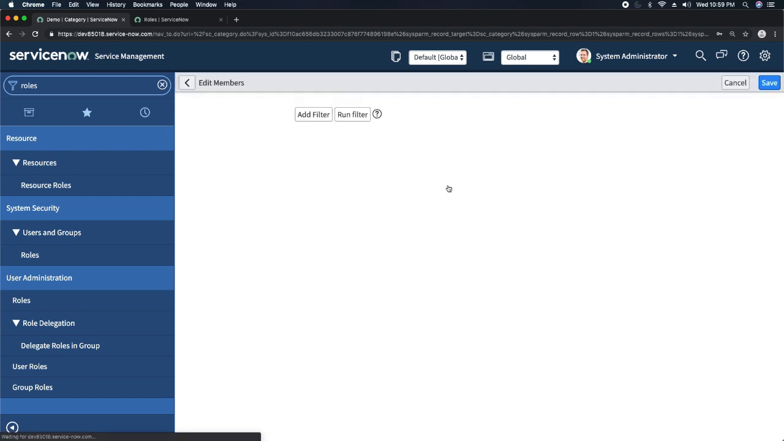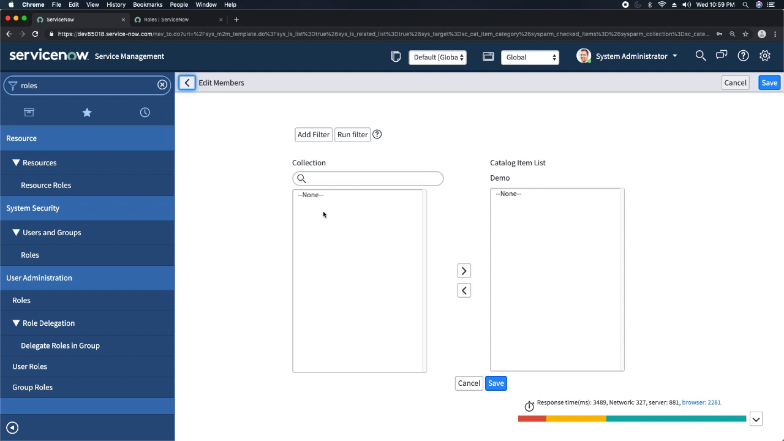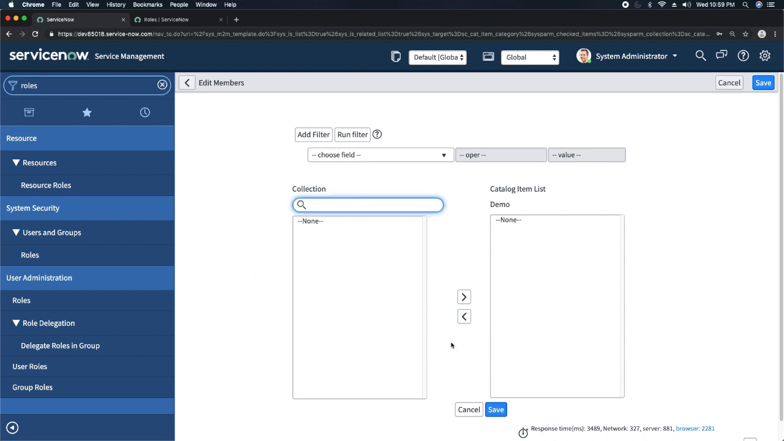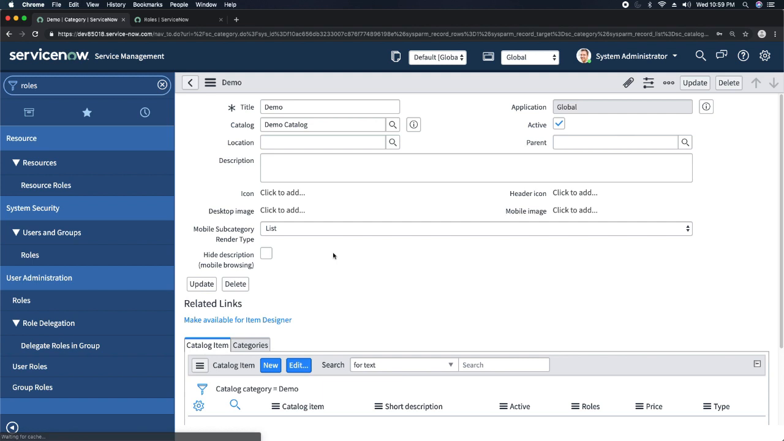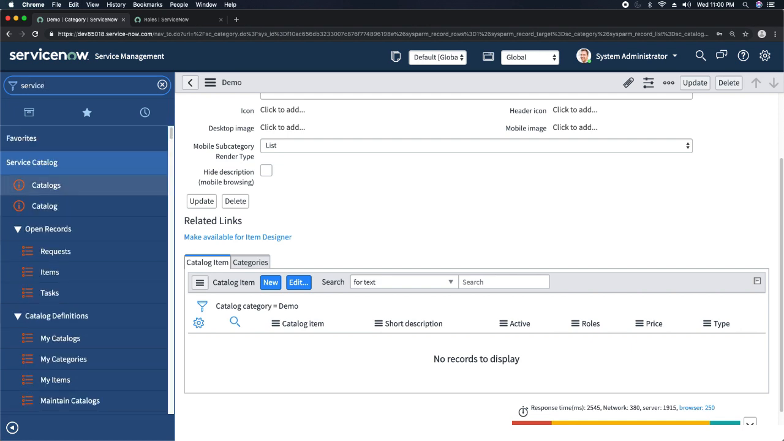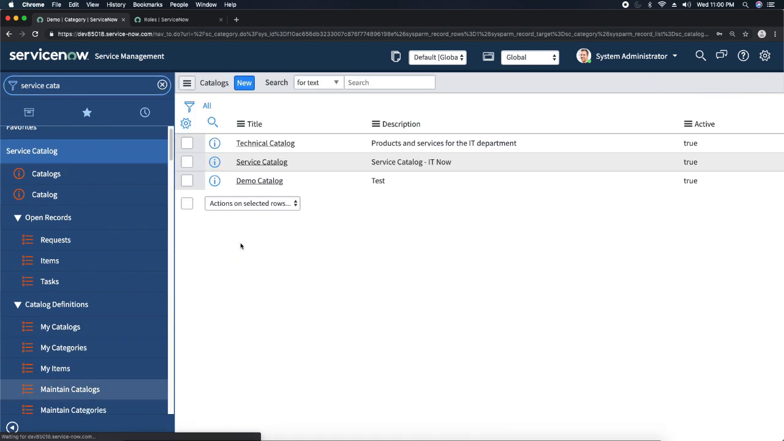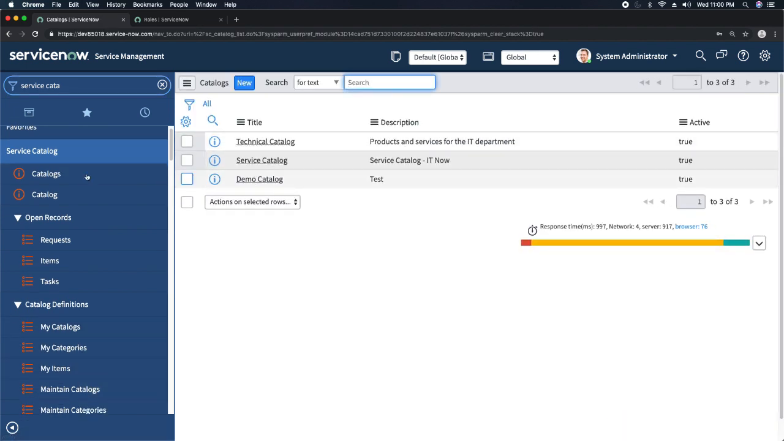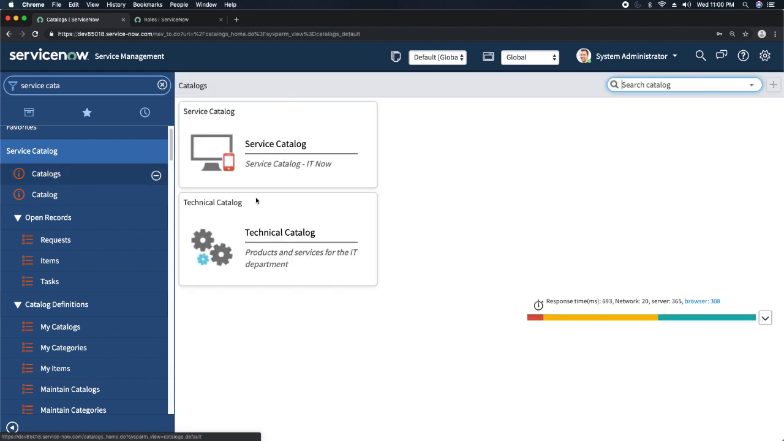If I go here, as of now I can't add. The reason is that I do not have any catalog item for this category. So I can go back to my catalog, service catalog. It's maintain catalogs. I have this demo catalog, and if I go here, catalogs,